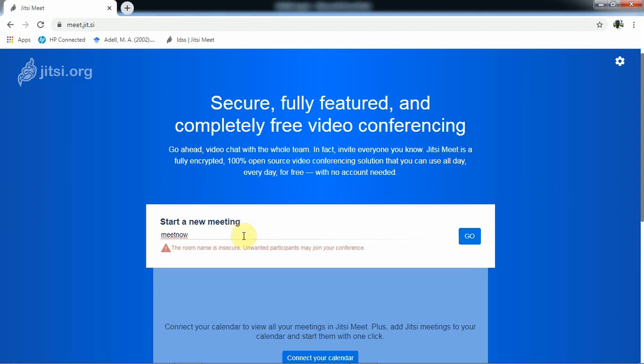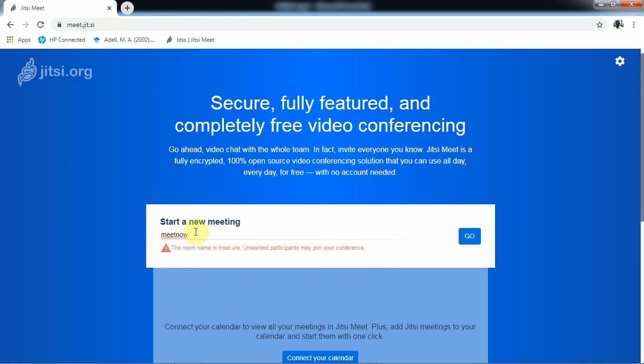Now when you type the room name, below here you can see that the room name is insecure. Unwanted participants may join your conference. If you are sure it's fine, then we continue, but this information always appears there.